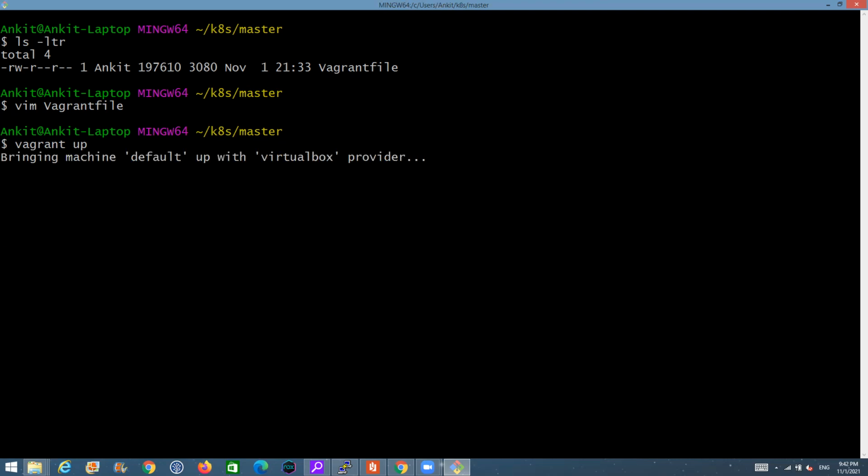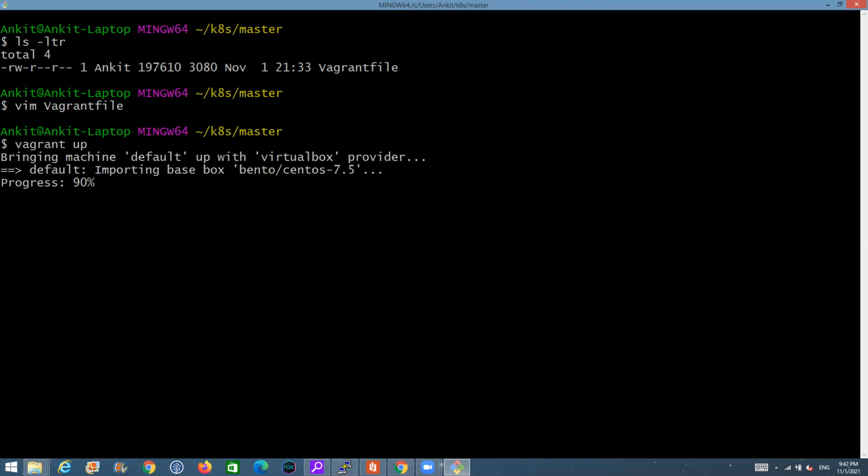So Vagrant is running now, and it has detected that I'm running VirtualBox, and it is now checking for the image. Since the image is already there, it's basically verifying that the image is valid. Now, from that image, it will start creating the virtual machine on my laptop itself.